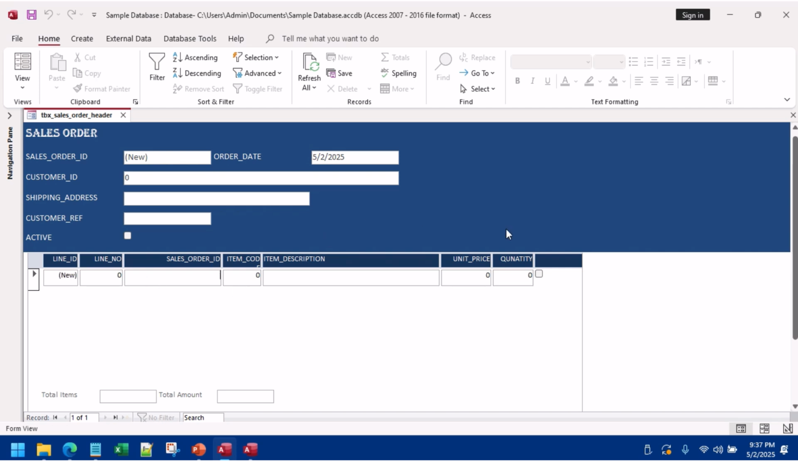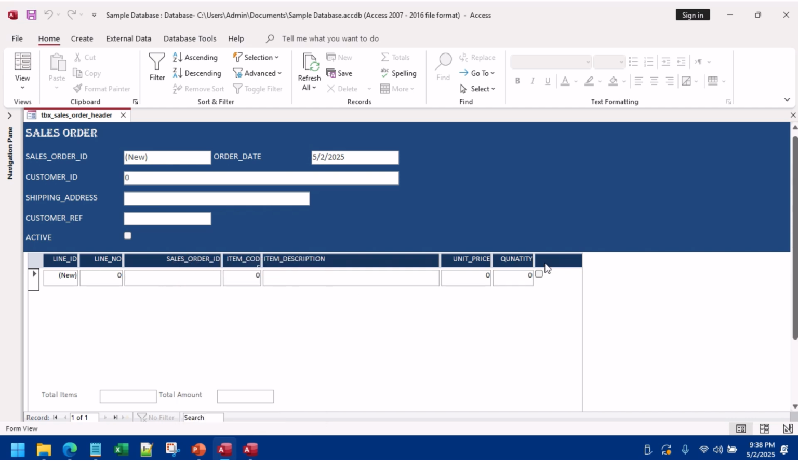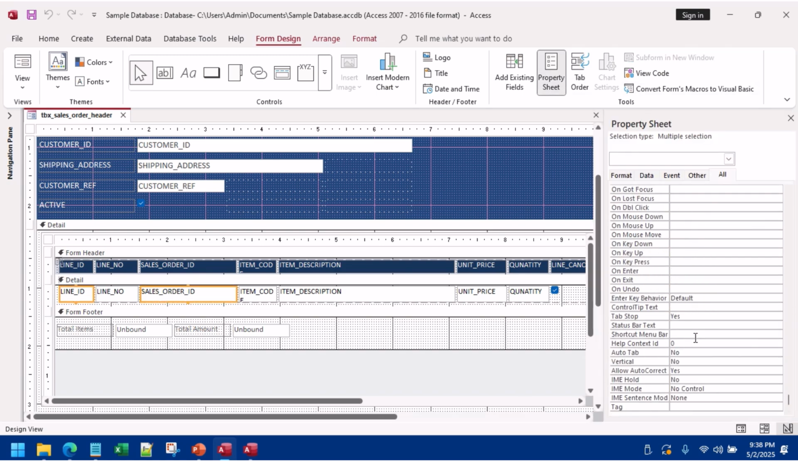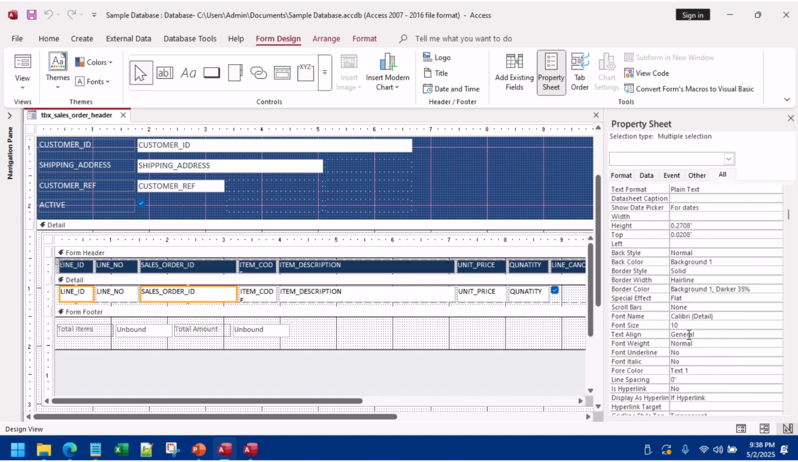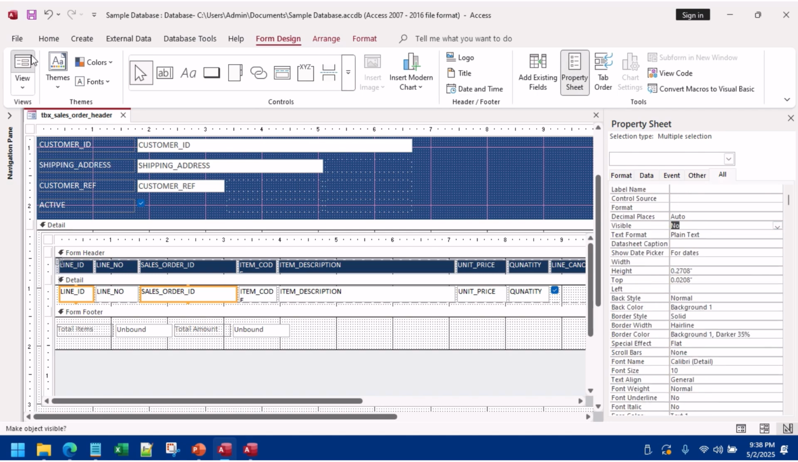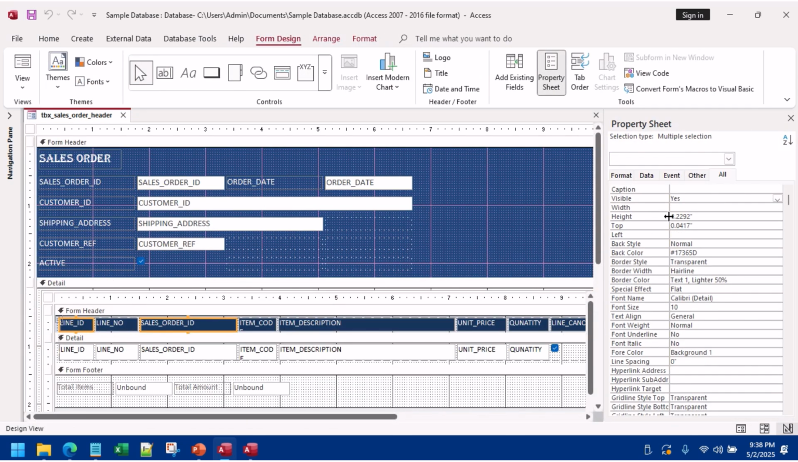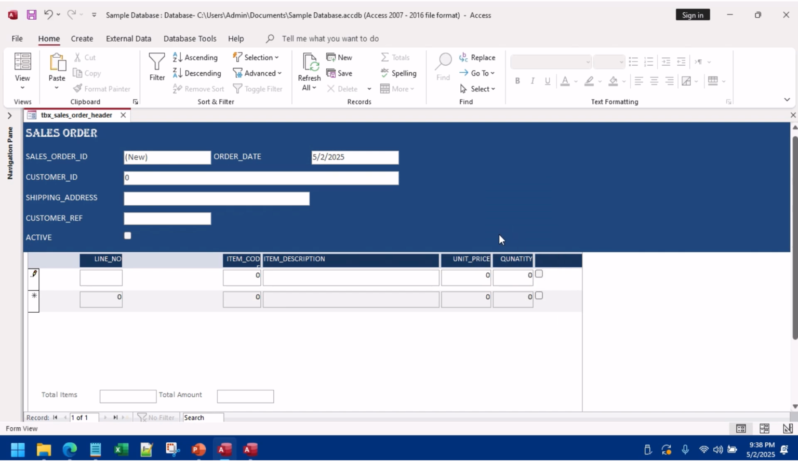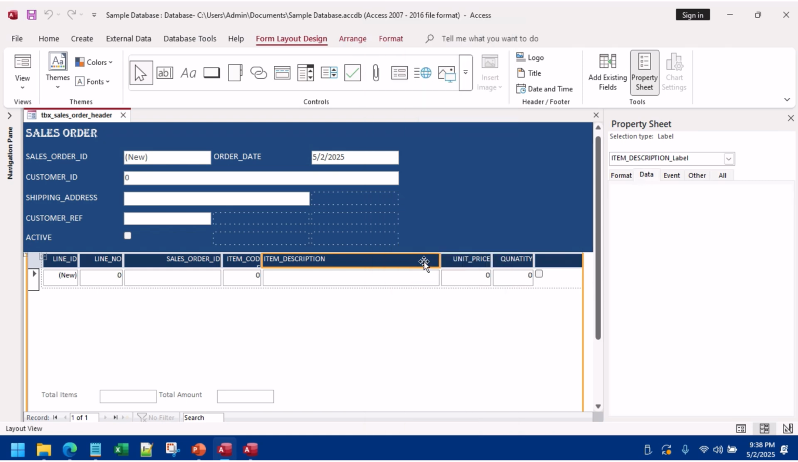fine. Now sales order ID need to hide. Sales order ID, line ID, and sales order ID, visible, no, can grow, hide text, visible, no, fine, design view, also these, visible, no, or directly we can change hide data, design view,